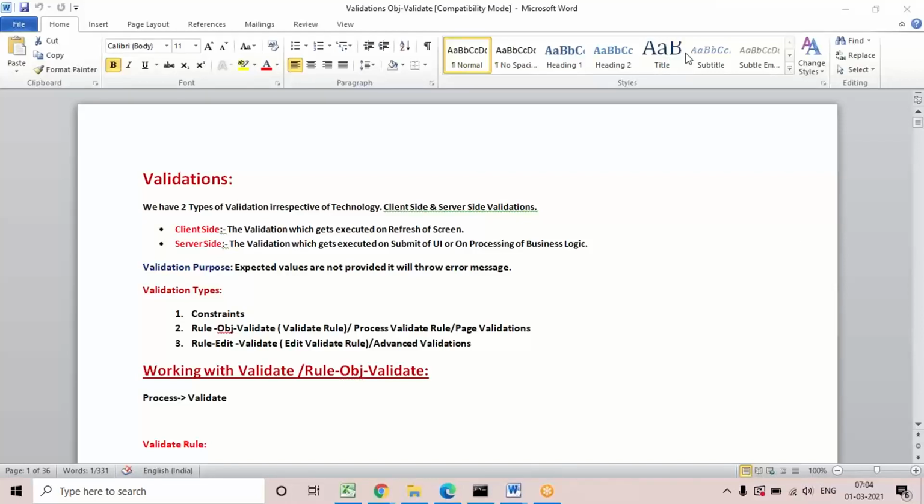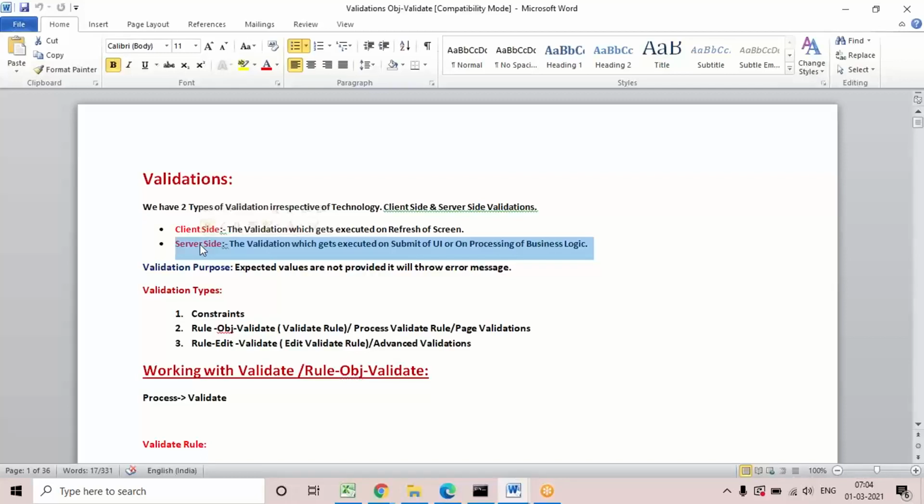So these client side validations are on refresh of browser. Suppose after giving input, if you want to change the input, automatically it will perform that validation, or on change of value also sometimes it will perform the validation. But in personal edition live environment only it will work perfectly. Client side validation mainly works on refresh of browser or refresh of page. And server side means on form submission it is going to work.